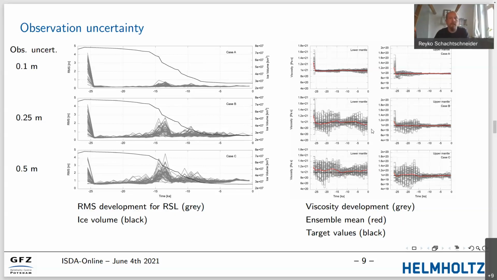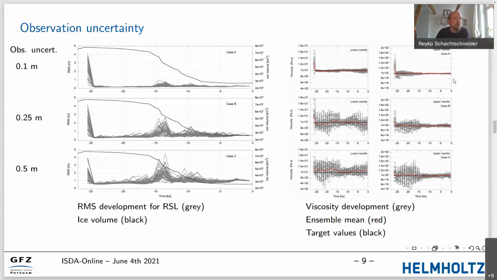The gray lines are the ensemble members. And here you see that the ensemble mean in all cases quickly converges to the target viscosity. The spread of the ensemble is, as expected, larger when the observation uncertainties are larger, and it